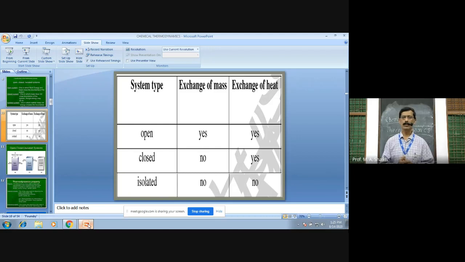And what you write for the isolated system? Once again, listen. Isolated system is a system in which system does not exchange energy as well as mass or matter with its surroundings. In isolated system, system does not exchange energy as well as matter with its surroundings. So no exchange of mass, so no what will be there. No exchange of heat energy, so no what will be there. So such applied question will be asked in the exam, even in the competitive examinations. So you have to prepare nicely.